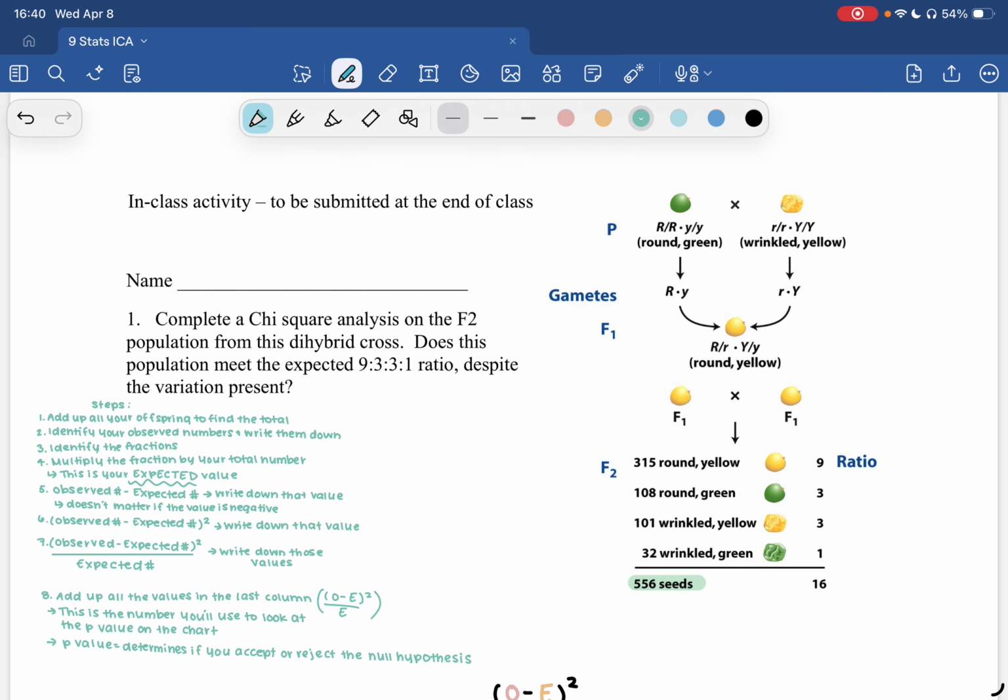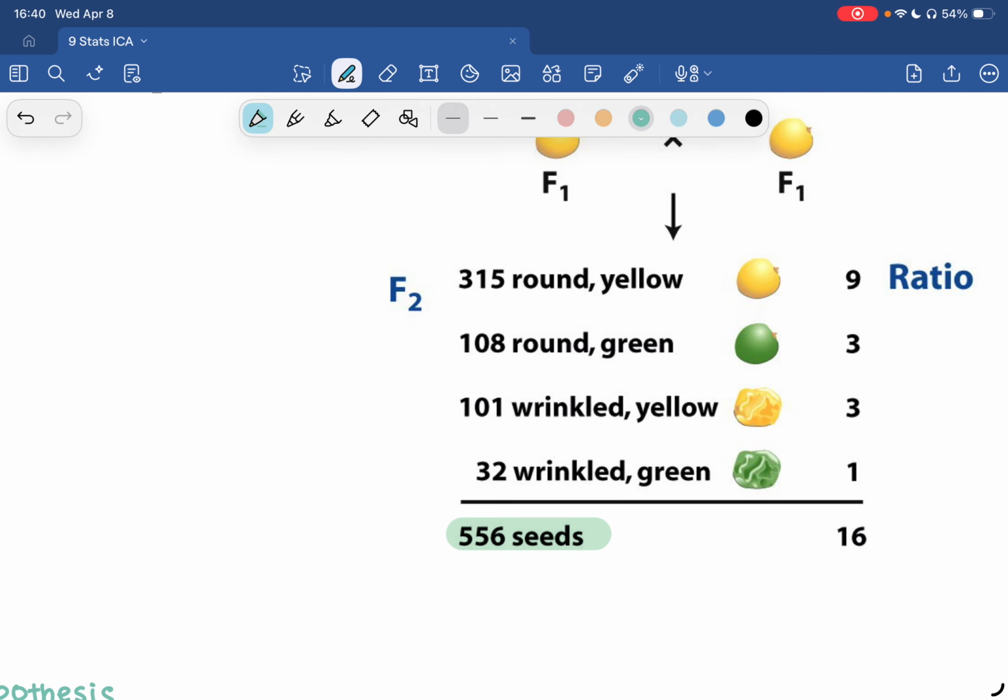In a problem question, they're not always going to give you this total, so it's really, really important that you write it down yourself. So again, this is your total. The next thing that you may want to label is this column of numbers right here, and these are your observed numbers. Meaning when you went out in the field and you crossed them and you saw what the progeny was, this is what you ended up seeing. 315 round and yellow, and so on and so forth. So you can write here observed numbers,